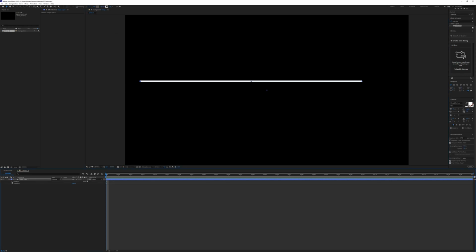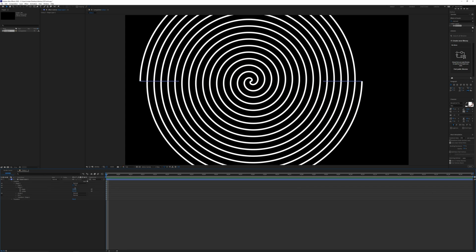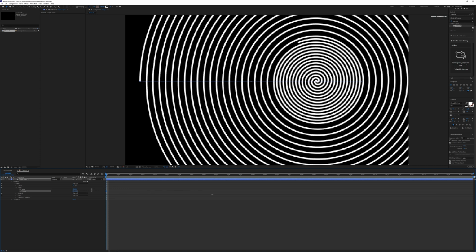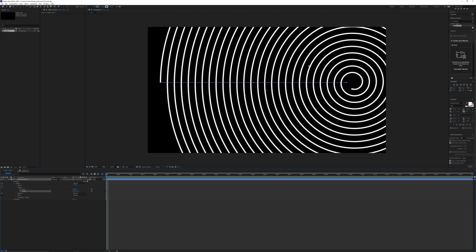Next, we can open up the shape layer and then add a twist. Open up the twist. And on the angle, you can crank this up quite a lot. You could do something like 10,000, which seems like a lot, but then we're going to end up recentering it so the twirl doesn't start going the opposite direction. It kind of ends there in the middle.